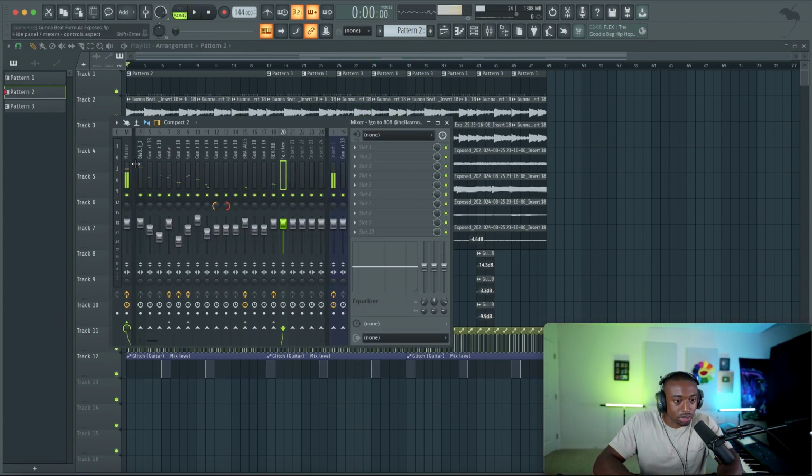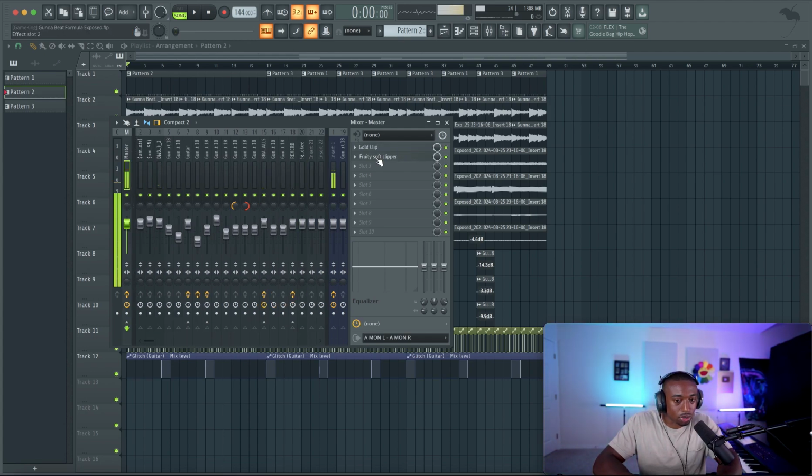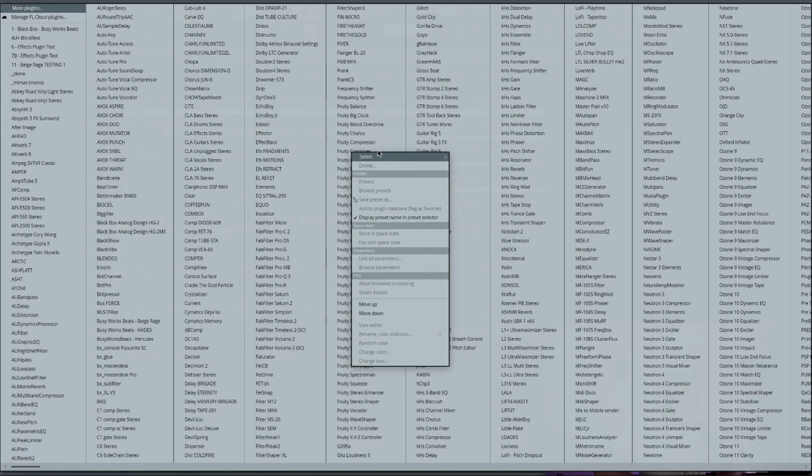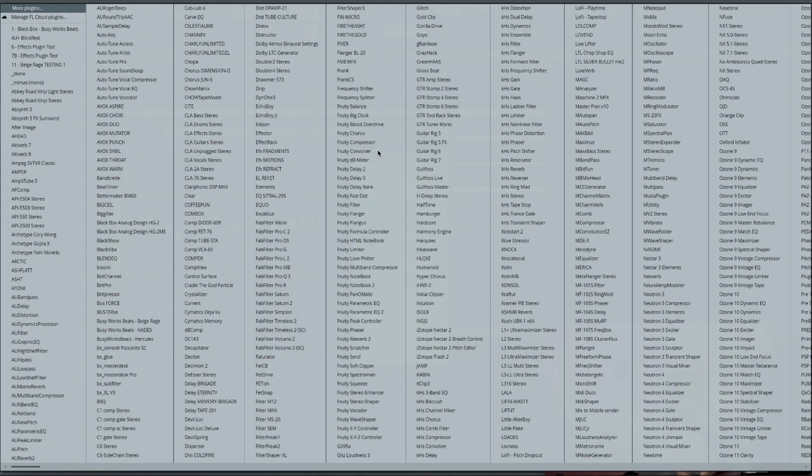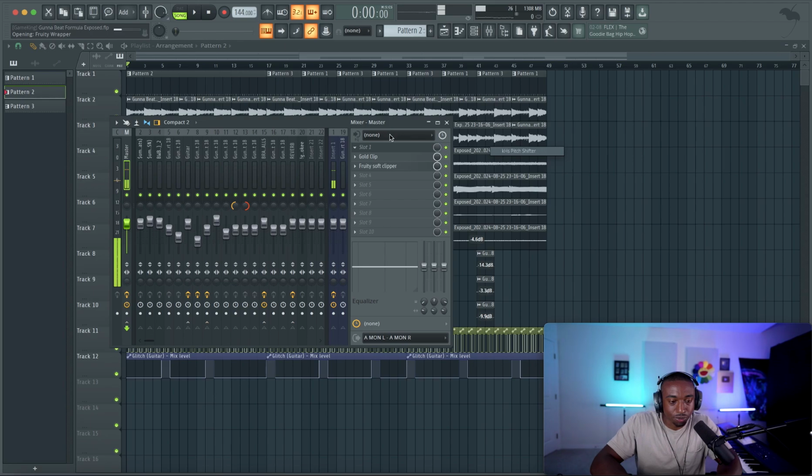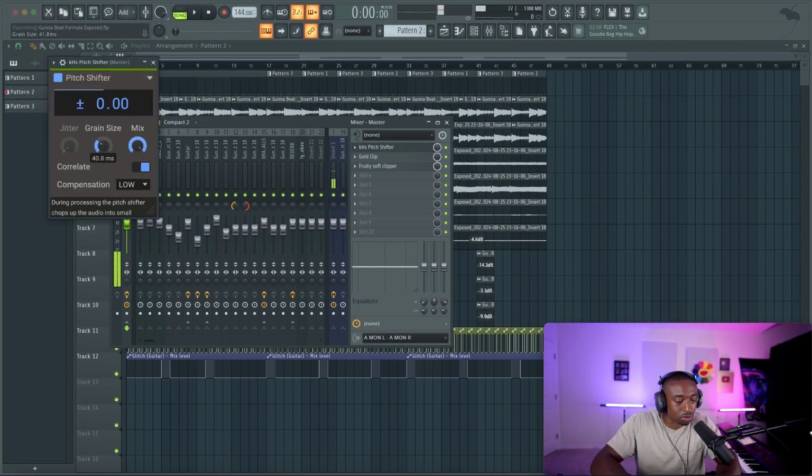Now, what I like to do is add a pitch shifter to the entire track just to see what it sounds like in different tones. And if I do like it, then I'll convert everything to audio and then pitch it down. For now, we don't have time to go through every little step. Let's just use the pitch shifter. This does add grains, so this is not a perfect way to do this technique.